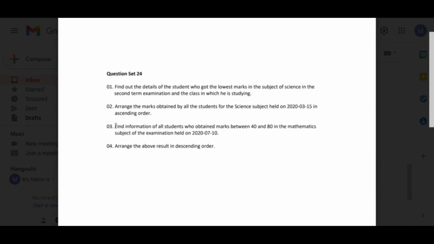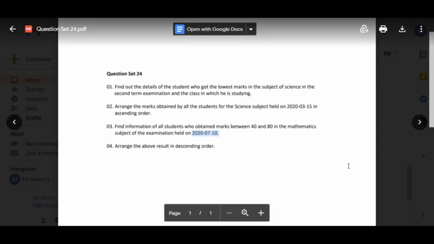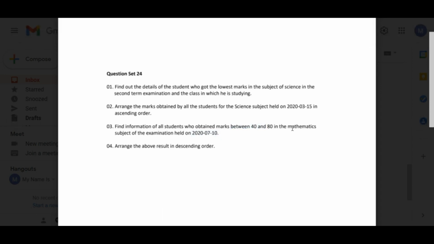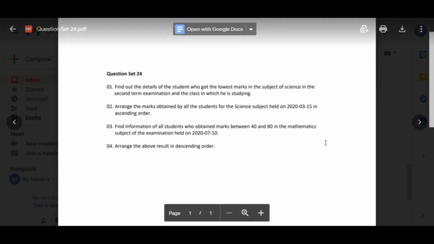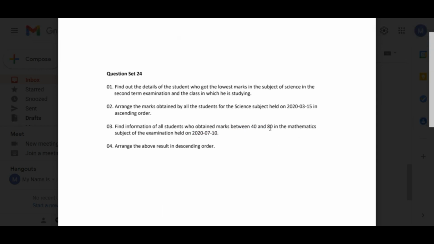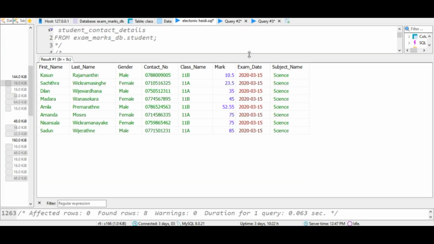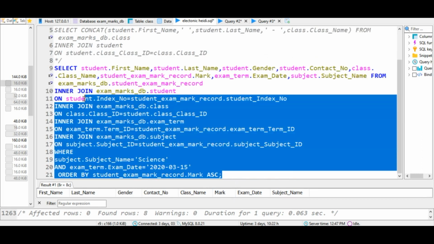Okay, cool. So now we are on the third question. Find the information of all students who obtained marks between 40 to 80 in the mathematics subject of the examination held on this date. So we need all the students' details on this specific condition they have mentioned: the mathematics subject name, the exam date, and the mark range. So therefore I'm going to use